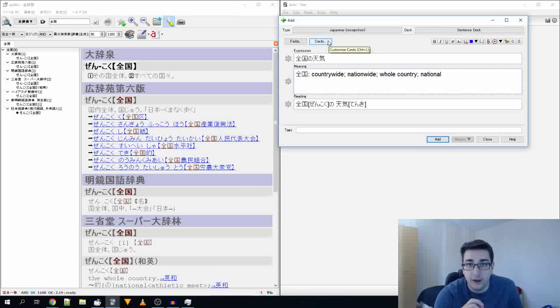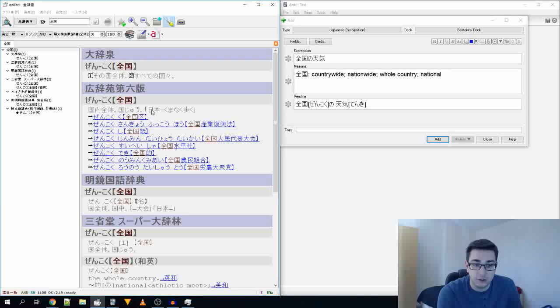What I tend to do when I add Japanese definitions is I like to have how each definition is read. Okay, because if you're starting out, it's very difficult to read a Japanese dictionary without furigana. It's very difficult to try and read all these kanji when you don't know how they're read. So to make it slightly easier for yourself, what I tend to do is I will add the card like this to my sentence deck.